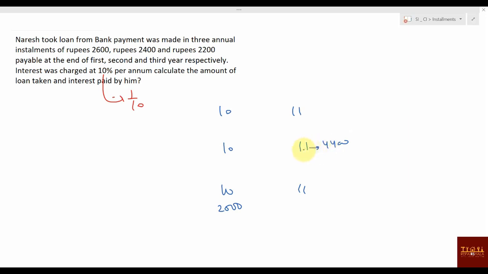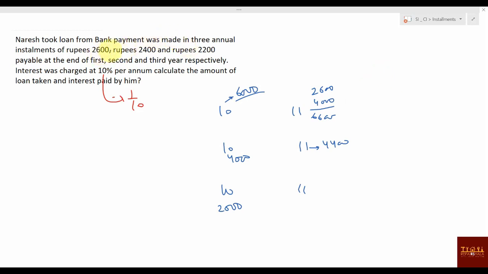4400, means this 11 is corresponding to 4400 and this is becoming how much? Then 4000, right? 4000 and then how much you have given here? 2600 and then 4000 here. So you can say this will become 6600 and then you have taken this much, 6000. So like that you can get the loan. So this much is the loan, and how much you have paid?